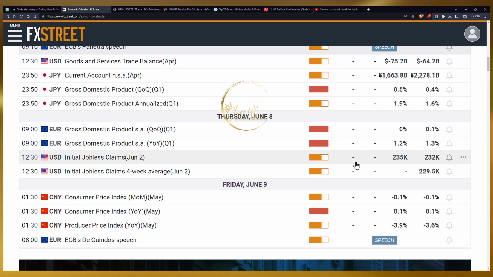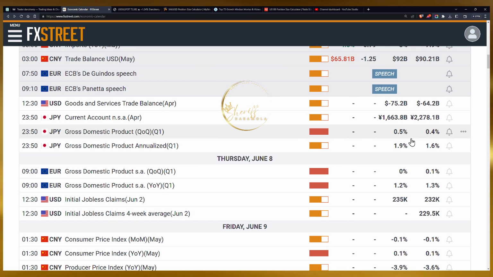And with the previous data we have here, we have 0.4%, and the majority consensus here is projecting 0.5%. So the majority are thinking that there is some level of growth in the Japanese economy. So we are going to be looking forward to that one, but that will be monitored against tomorrow morning, because this is coming up much later today. So with that being said, and with the information we have gathered here, let's dive right into the chart.